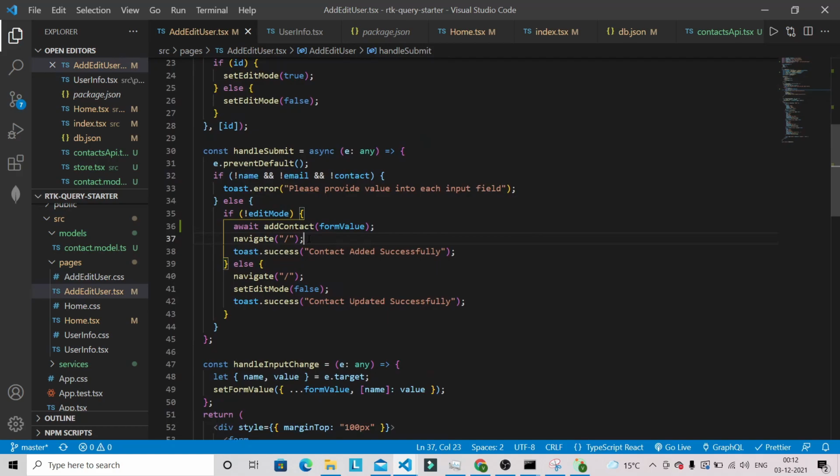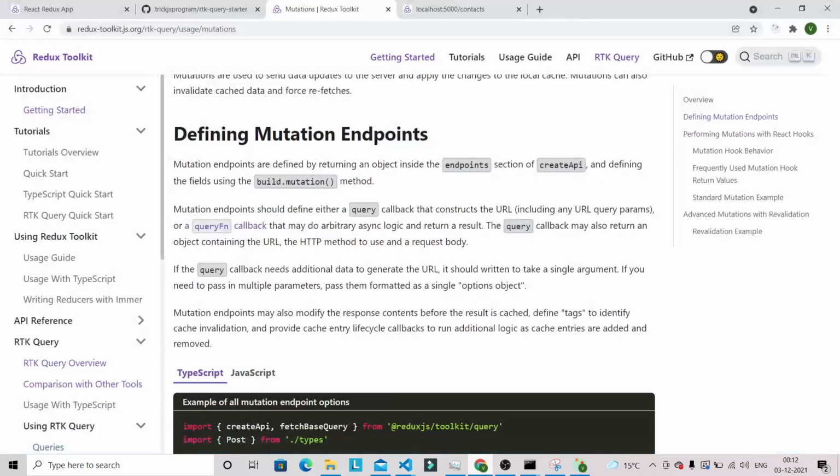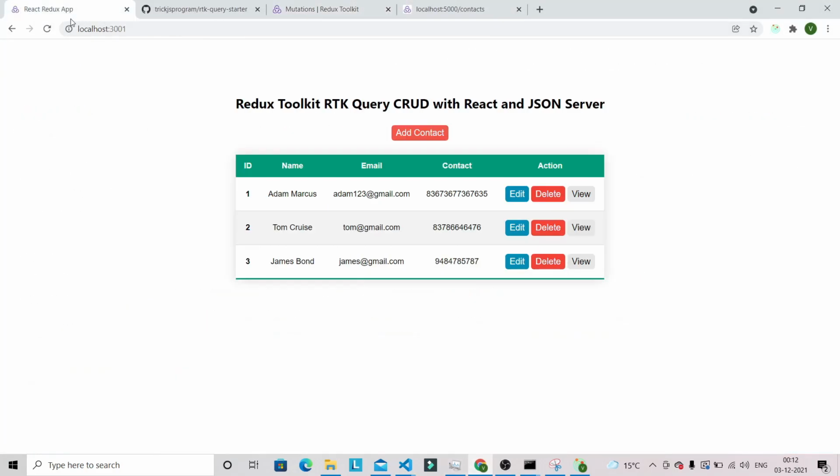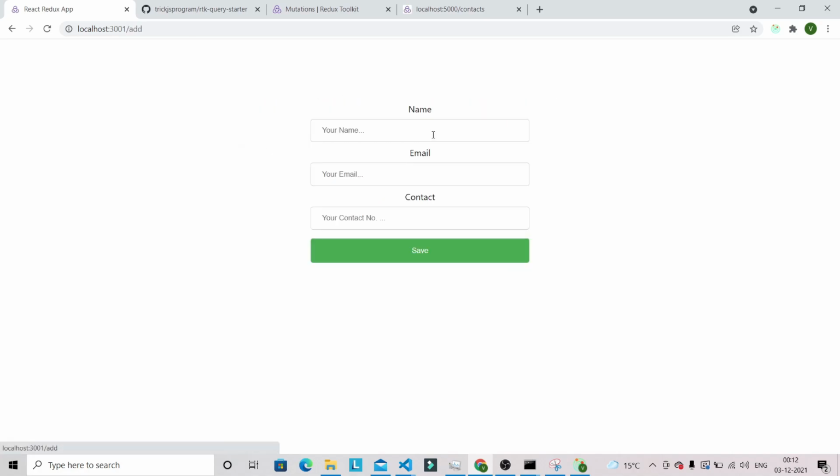We can verify whether it's working or not. Let's go into the browser and refresh this application. Let's click on this add contact button. Now let's add test@gmail.com, and keep some random contact. Let's click on save.